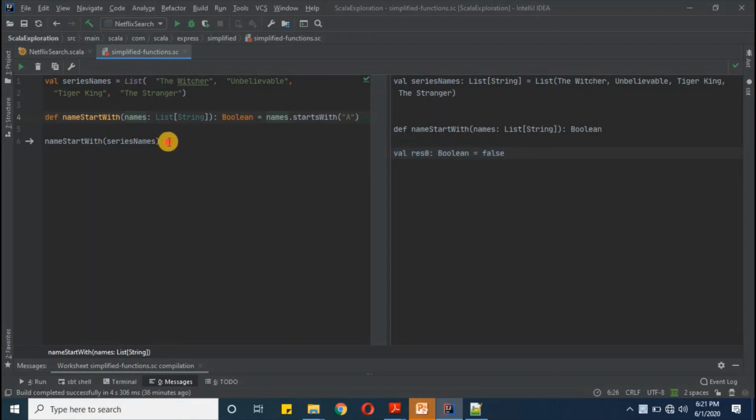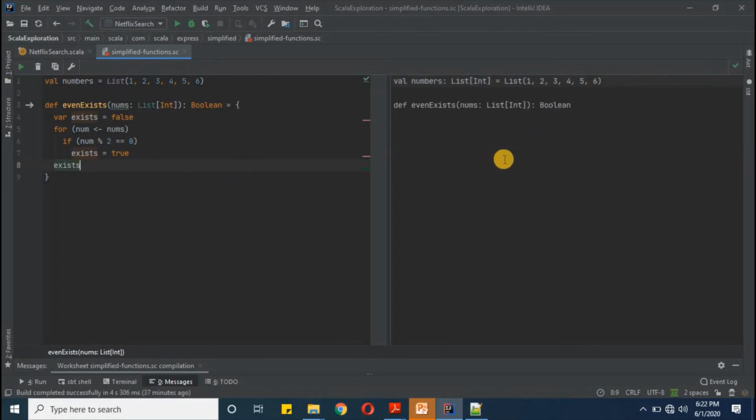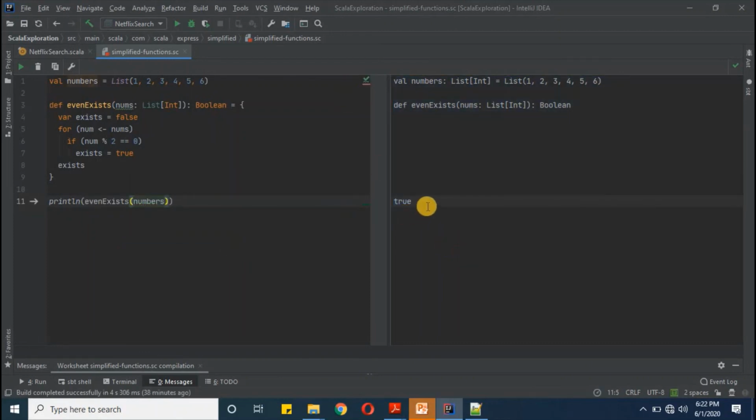Now the second example we have seen is with numbers. I'm defining one list of numbers here, 1 to 6. And here I'm keeping one condition, num mod 2 is equal to 0. Basically we will check if any even number exists in our list. And all the definition is the same as the previous function definition. So now we will run it. Okay, function has been defined. Now I'll call this function. And Scala shows the outcome as true. That means in this list there are even numbers.